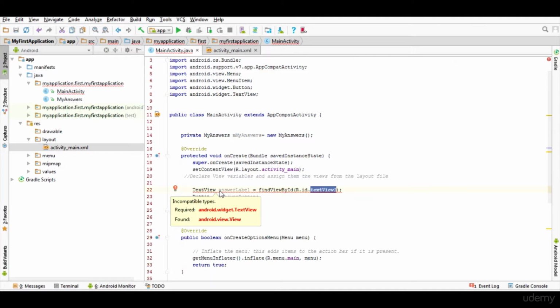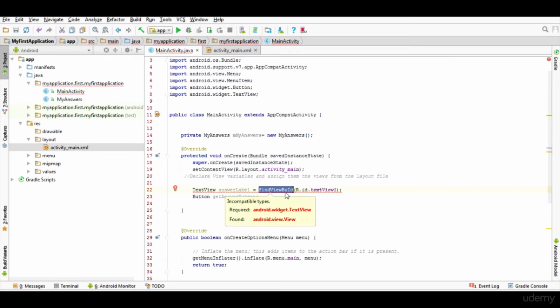As you can see, it's giving me an incompatible types error. What does that mean? The error occurs because the findViewById method returns a View, but we declared our answer variable as a TextView.